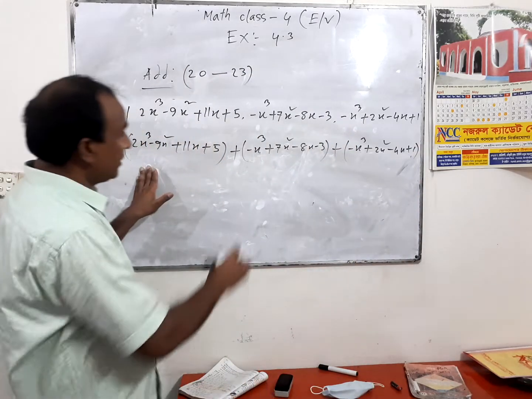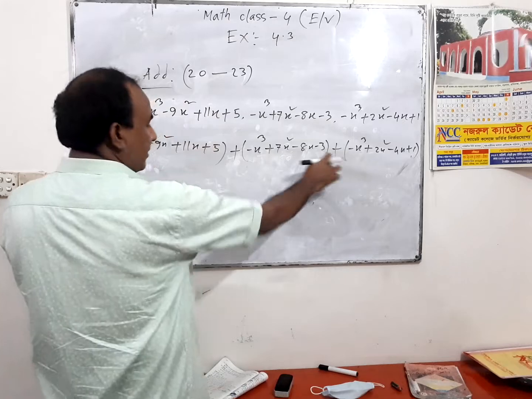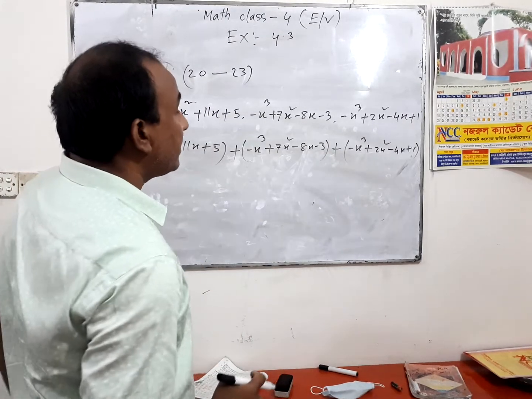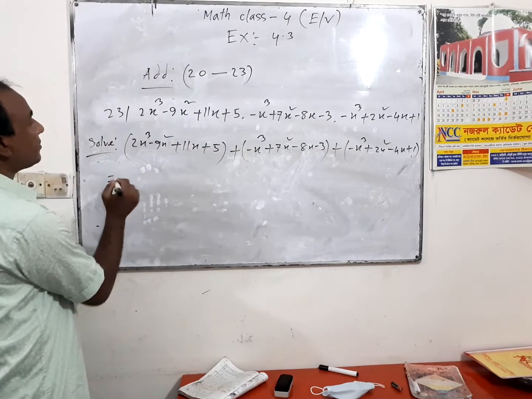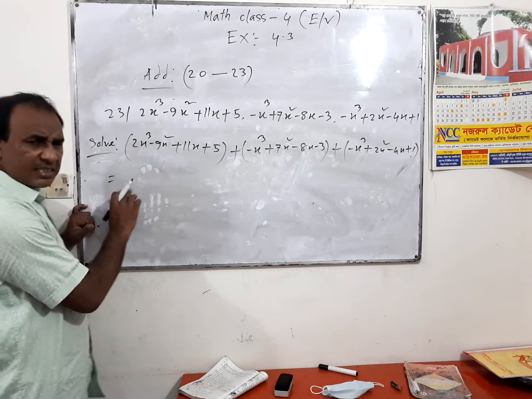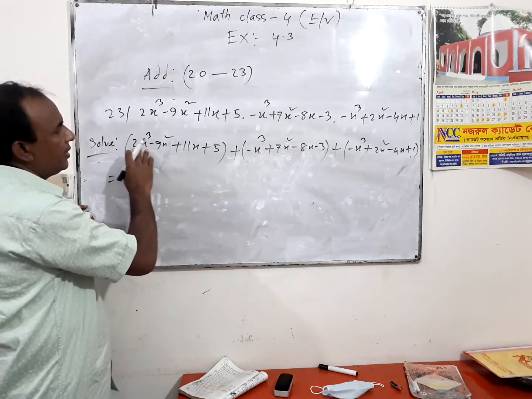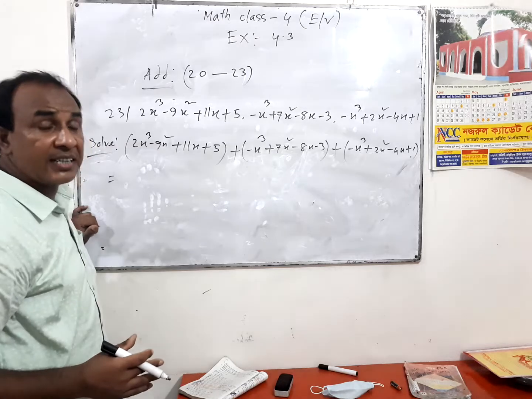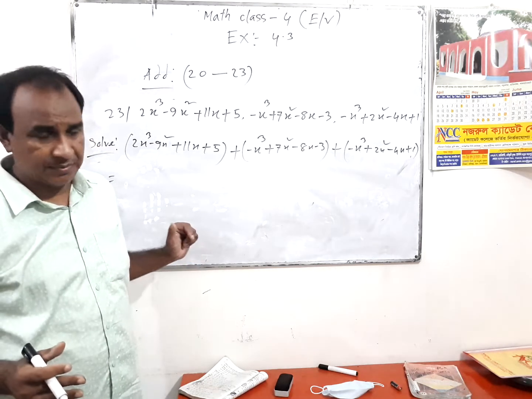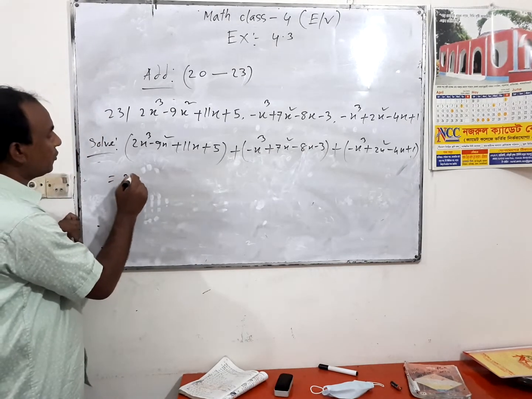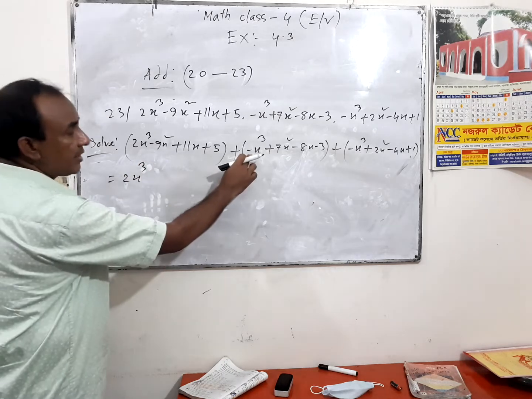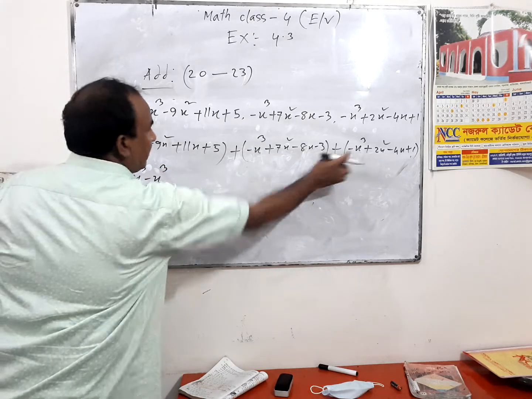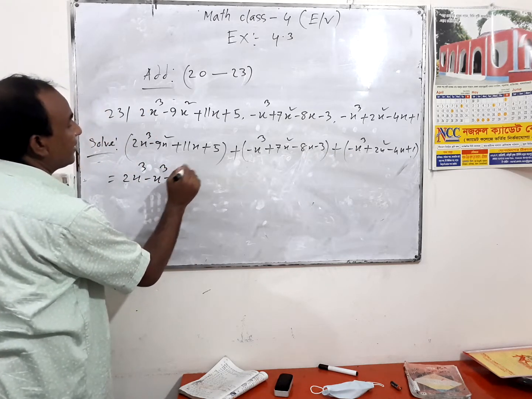First term, second term, third term. We put a plus sign because I am going to solve the addition. Just same as before, after arranging in first line, second line, we are going to add the similar term with similar term. That means 2x cube, the similar term is minus x cube, the similar term is minus x cube.